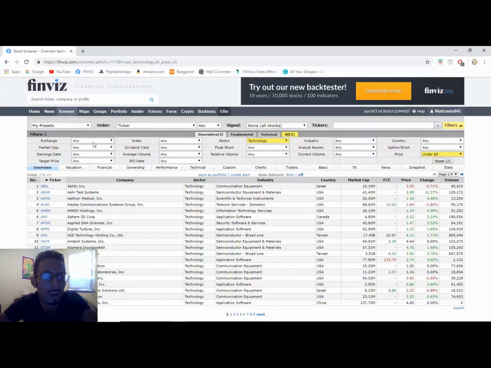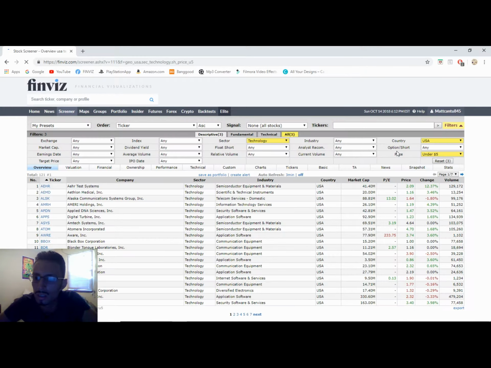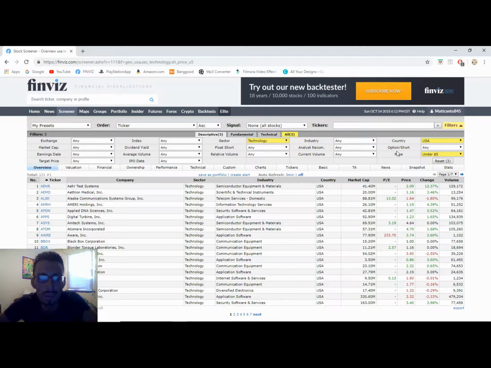You can also narrow it down by clicking a specific exchange, as well as all these other functions up here. You can narrow down your search. I'm going to narrow it down even a little bit more, putting in United States of America, because I'm usually on Robinhood. I mean, not Finviz, but Robinhood. So